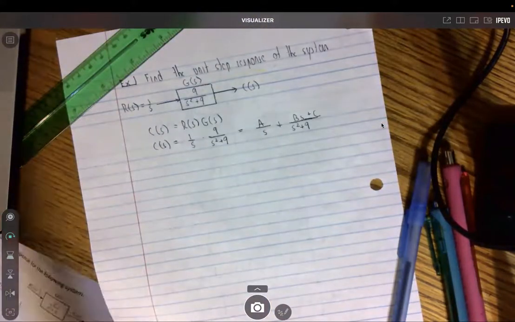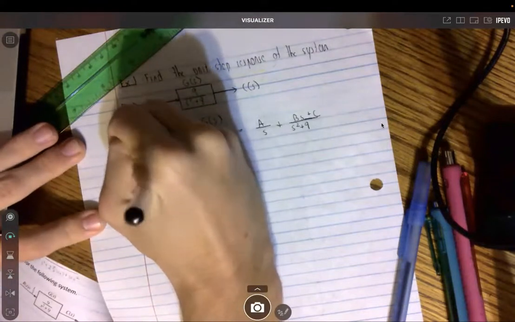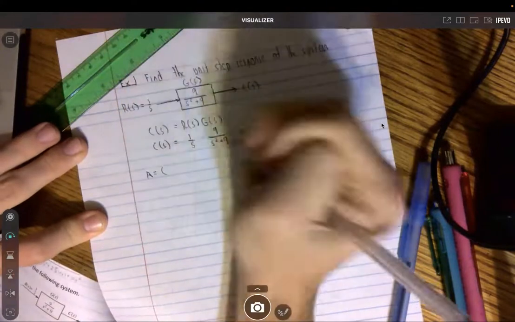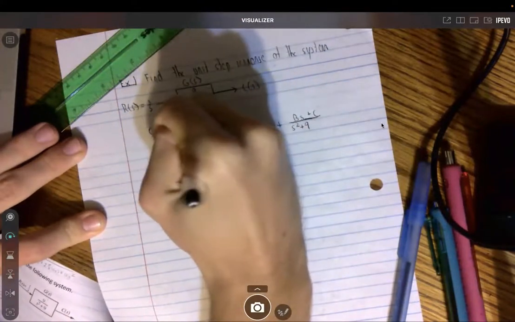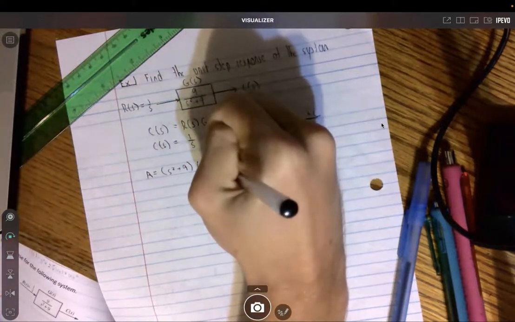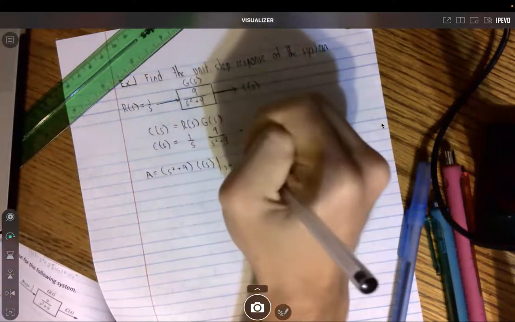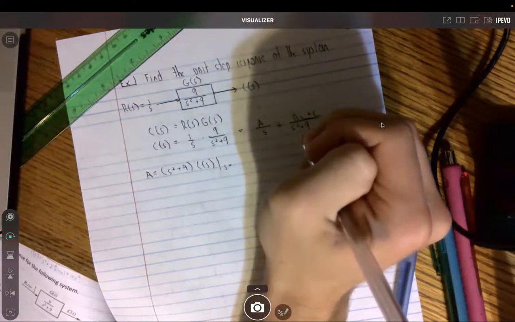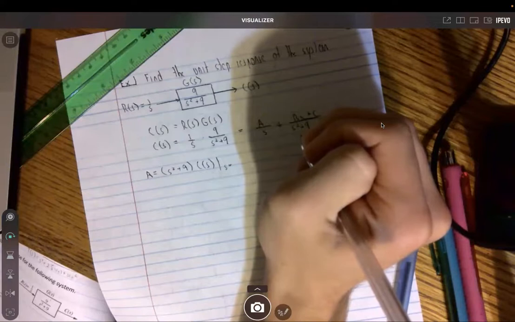So if we need to solve for our A, we would say that S squared plus 9 times C of S, and then evaluated at what's going to make this equal to 0. And so then it would be S equals,